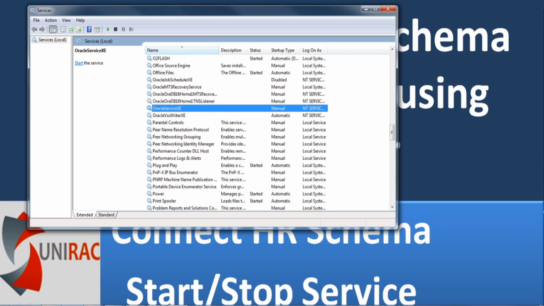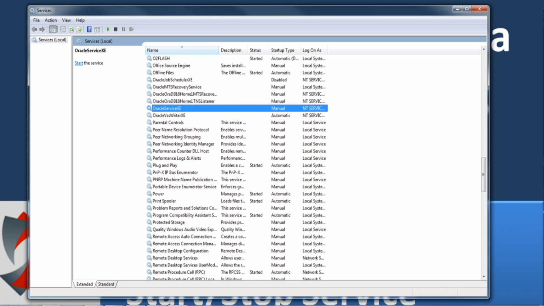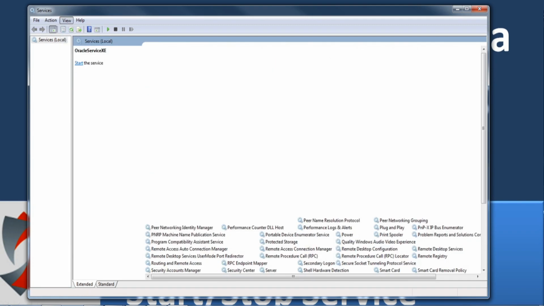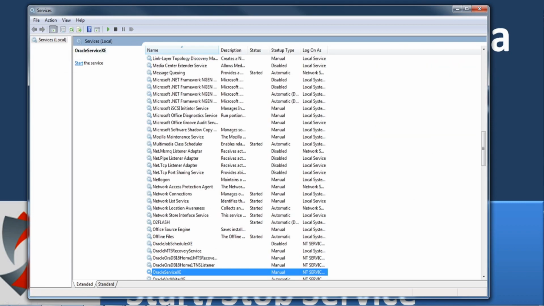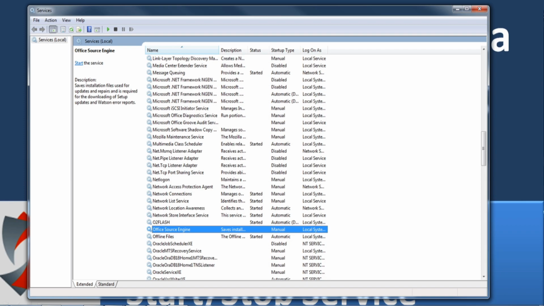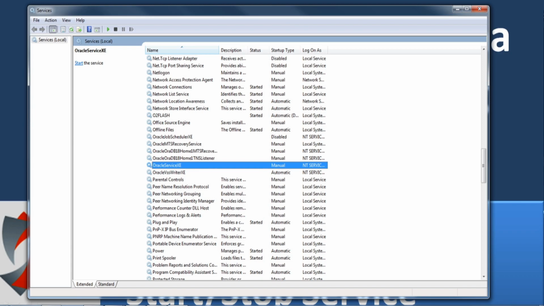The Oracle service is set to manual, so it's not started on boot. So click on O, you'll see your Oracle service XE. It is set to manual, not automatic, so it will not start on boot.